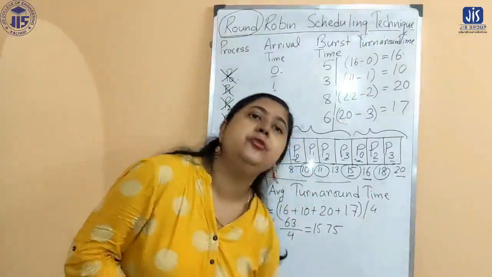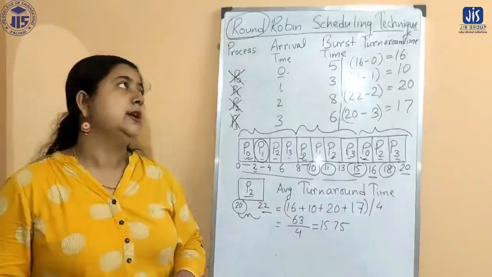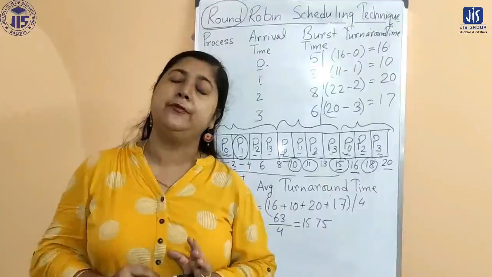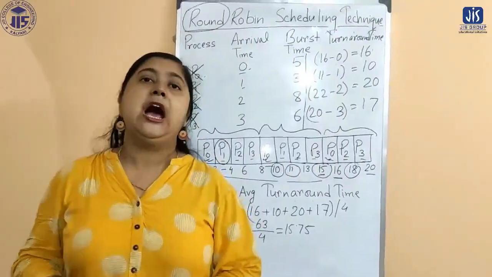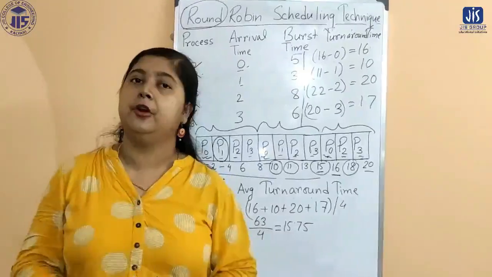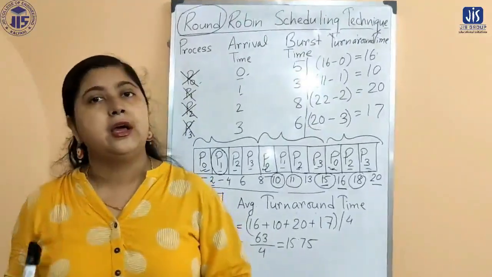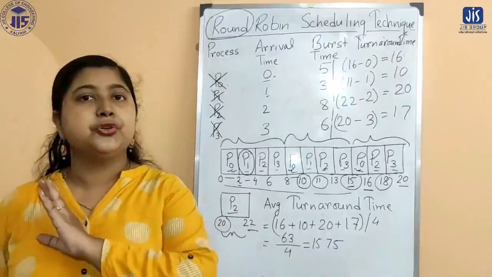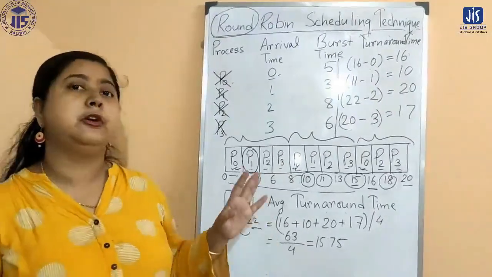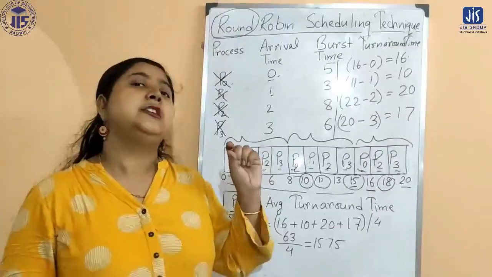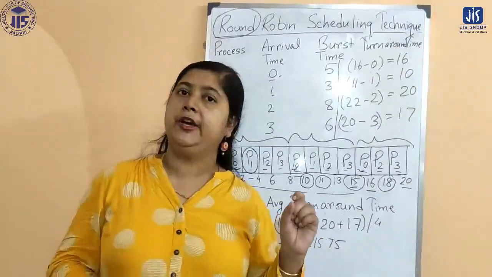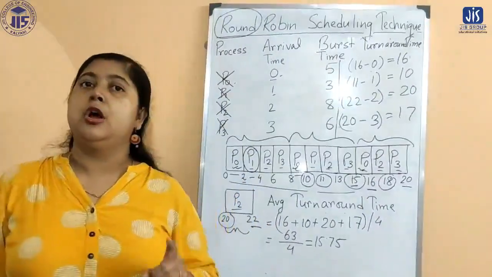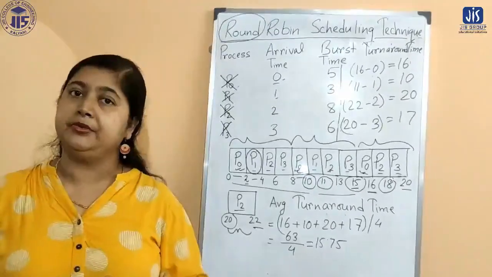So in this lecture, we have discussed the round robin technique. The round robin technique is solely for a preemptive approach, and it is very efficient for multitasking systems. So round robin technique is by nature preemptive. There is no non-preemptive approach available for round robin. A time slot is predefined. It is already given by the system that a process can execute at most for that time slot period continuously.